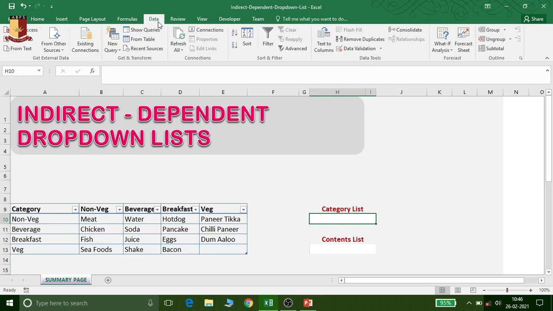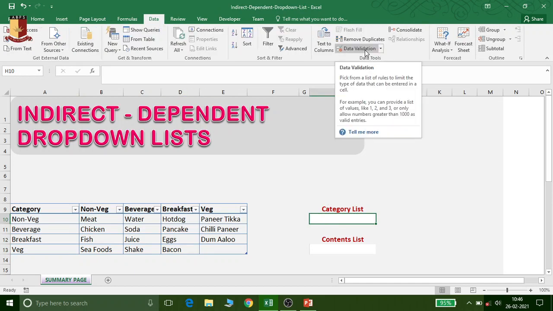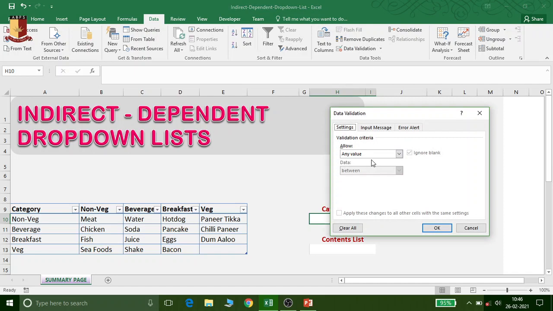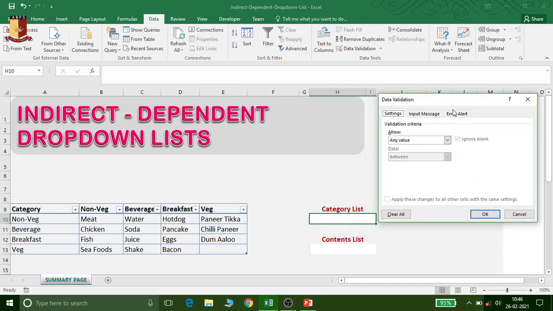So go to Data, and click Data Validation. A dialog box will appear, and in the very first drop down menu, opt for List. In Source, type the name range, which was category.